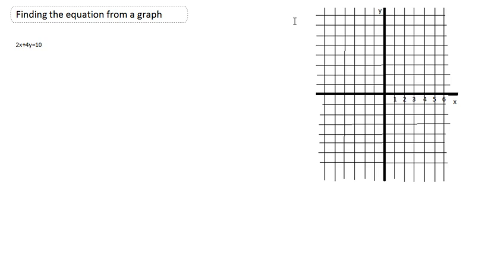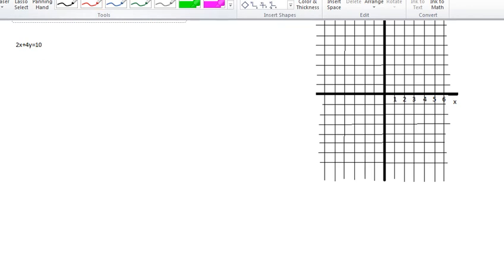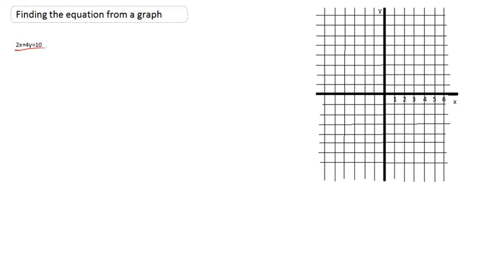Okay, so this is the last bit of straight line graphs, and as you look, this equation is not like any of the other equations we've dealt with. Every other equation we've dealt with has always been y equals something, whereas this isn't. This is all the x's and all the y's on one side and the number on the other. Now I can rearrange it and solve it that way and turn it into y equals mx plus c, but really that's a lot of work and algebra for very little